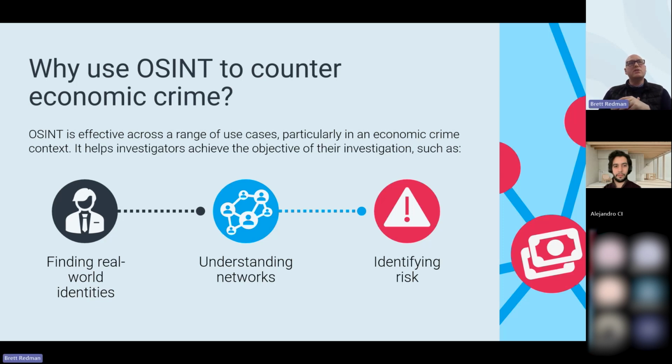Now, additional context to this when scraping through and trying to find these real world identities can often be the first pill that we start taking off that layer of that intricate web. This leads us on to understanding the networks. We often need to map corporate and professional networks to understand ownership. Open source data is essentially an effective part of that because we combine data from a wide range of sources. That's often the most effective way to get a full picture, but to give us as analysts and investigators the biggest scope that we're going to be able to attack these organizations or networks physically from a jurisdictional standpoint.